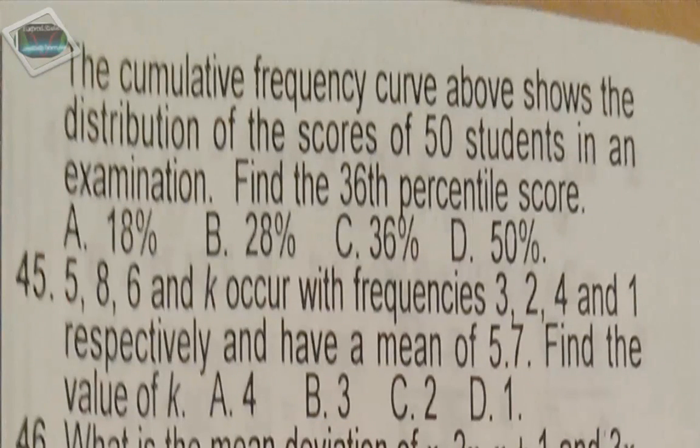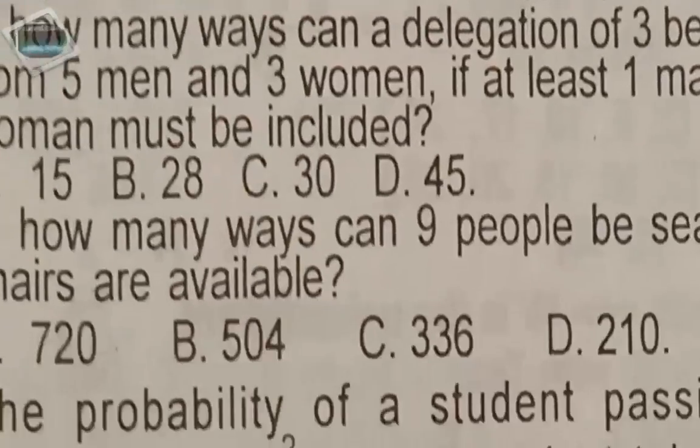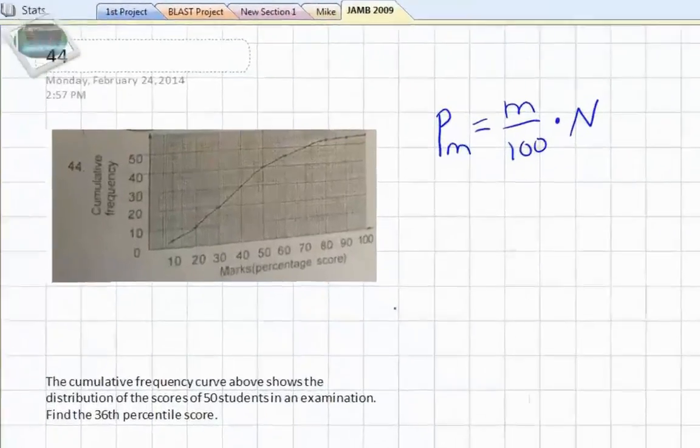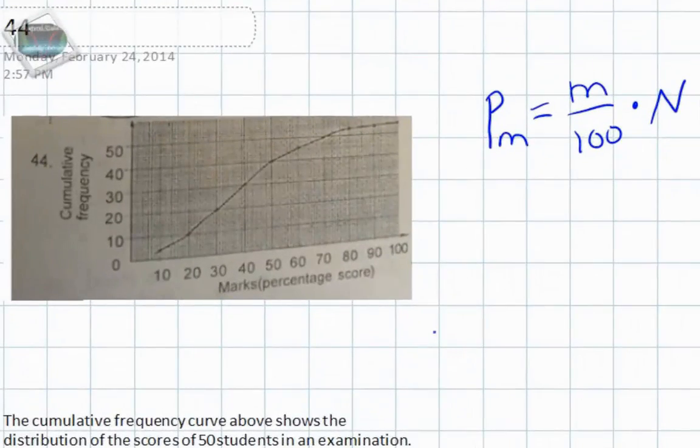Hi, so here we have question 44, and it says the cumulative frequency curve above shows the distribution of the scores of 50 students in an examination. Find the 36th percentile score. So you actually don't need very much to solve this problem except for a quick look at the graph and